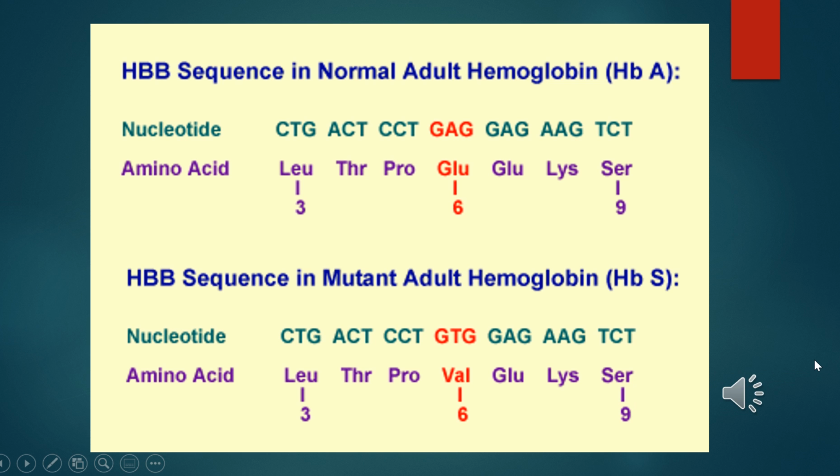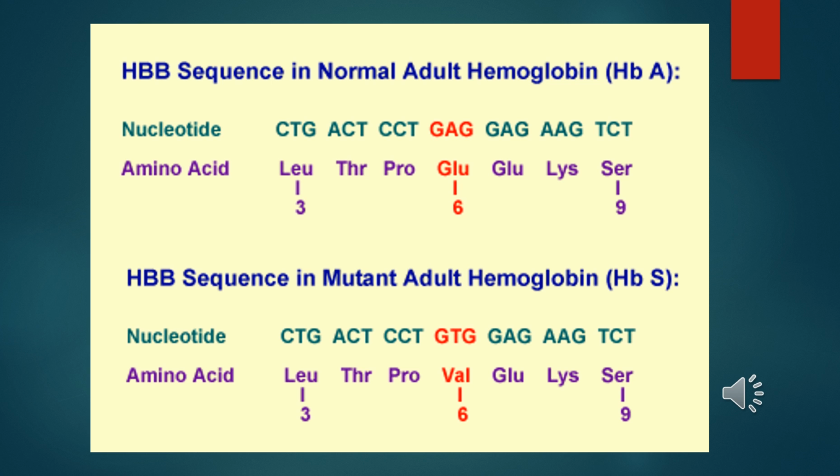Now this is one more slide to show sickle cell anemia. The gene for sickle cell erythrocytes is represented by HBS, while that of normal erythrocytes is written as HBA. The homozygous types are HBS HBS and HBA HBA, and heterozygous is written as HBA HBS. So when two sickle cell heterozygotes marry, they produce three types of children: homozygous normal, heterozygous carrier, and homozygous sickle cell, in the ratio of 1 to 2 to 1. I am telling you in the next example.